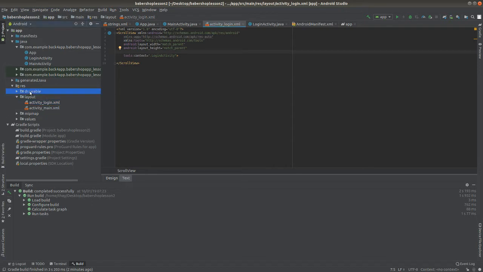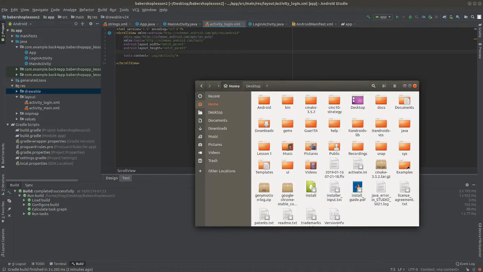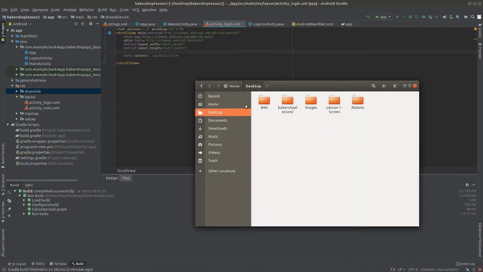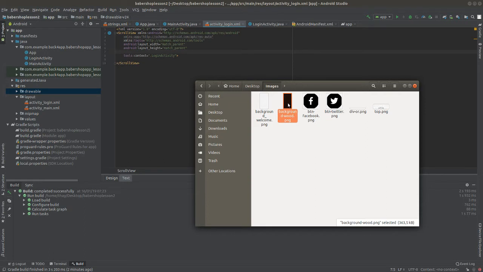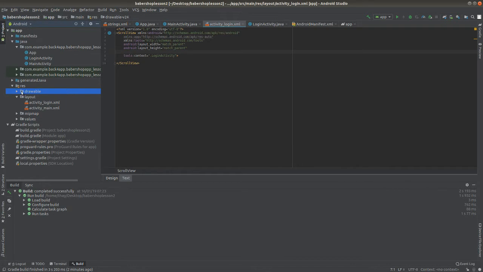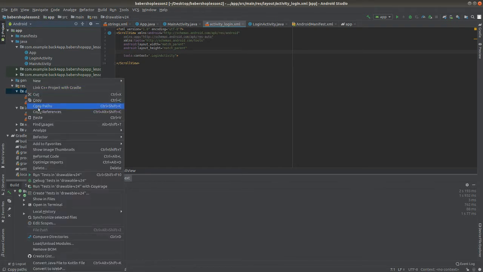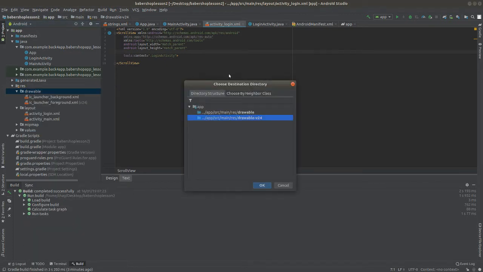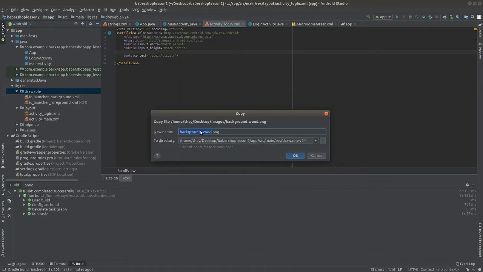So first I will add the black wood background, and to do so I'm going to search the file. With that, then I'll copy it and I'll find the drawable folder that is on Android Studio. I'm going to click with the right button and I'll press paste. Then it's just to click OK, and the background will be added to my project as long as I give it a name. So background